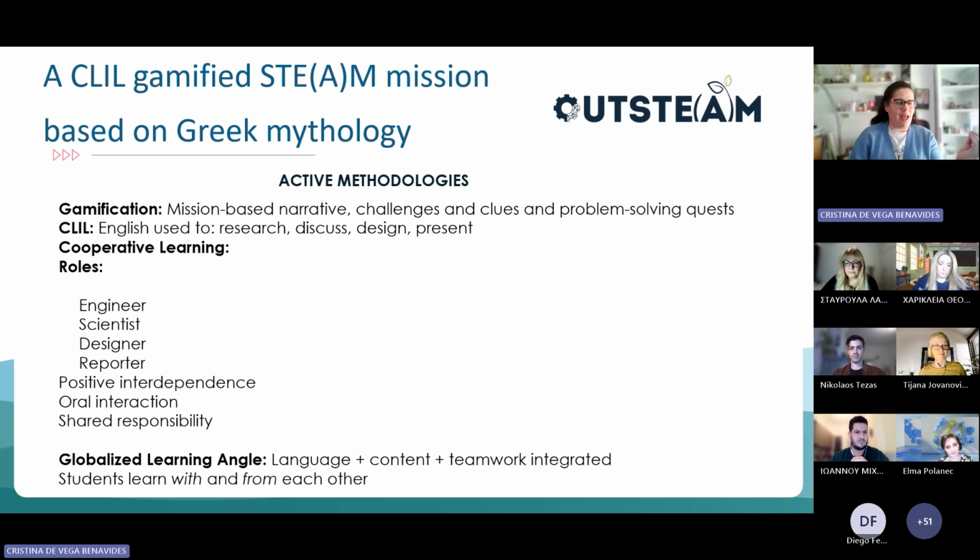So if we use STEM as globalized learning and make them responsible, we're getting a goal. Maybe not all of them are going to grow up to be engineers or technologists of some sort, but they will learn the skills that STEM gives them. It helps with language, content, and teamwork. And I love it because students learn with and from each other. So what one person doesn't know, the other one will know. So it's a shared responsibility. And apart from me being there, they are also part of being teachers, because as the teacher, I become a facilitator of the task, not the one who tells them every time what they have to do.